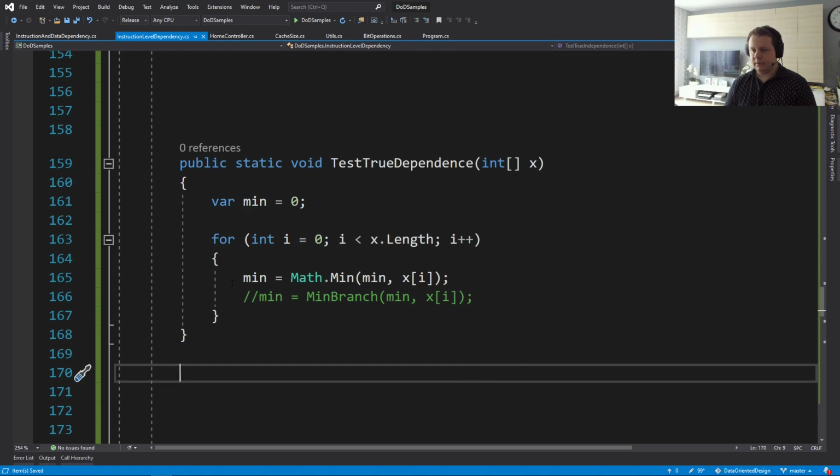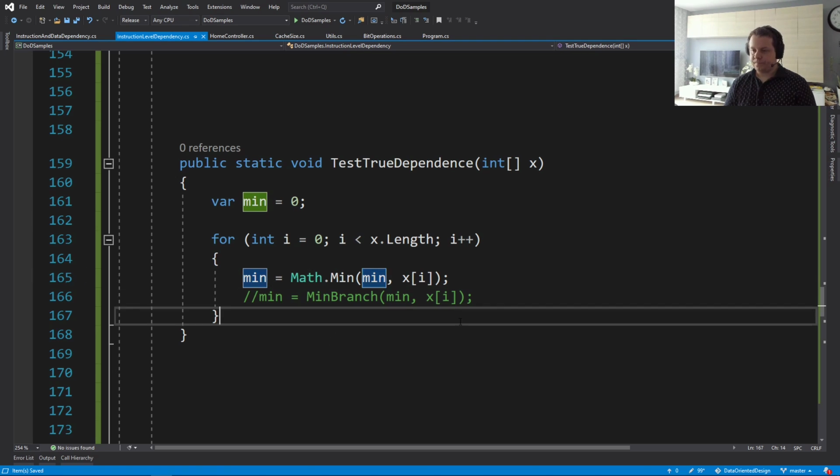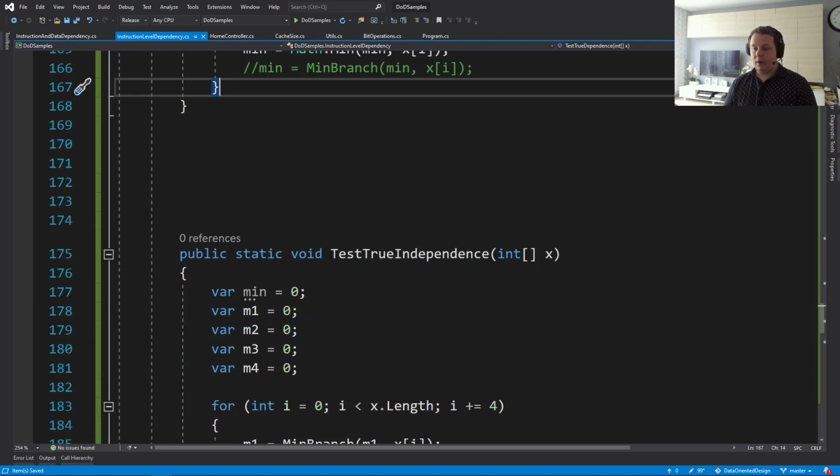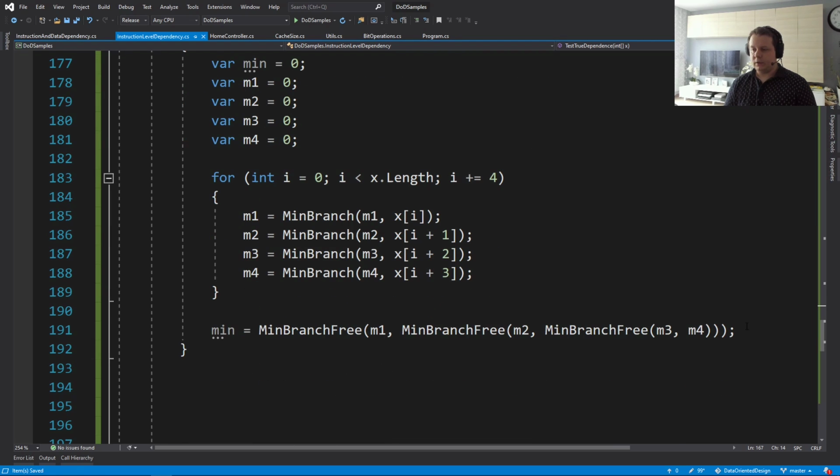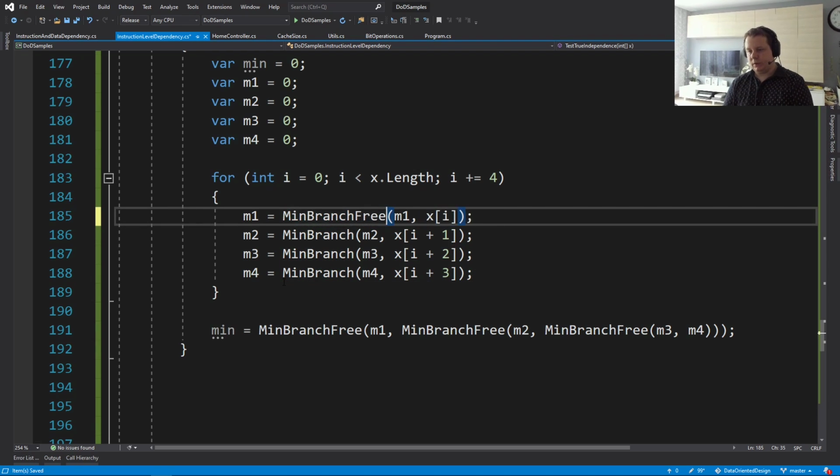And what's the problem here? So we have a dependency between min and min itself. And again, how do we break this dependency chain? Well, again, we can apply the same trick where we say that we have multiples of min, and we do a min function with each of these, and then we min the remainder, right? Okay, so this is a bit different because we're not using the built-in function. We're using this, actually we should be using this version,